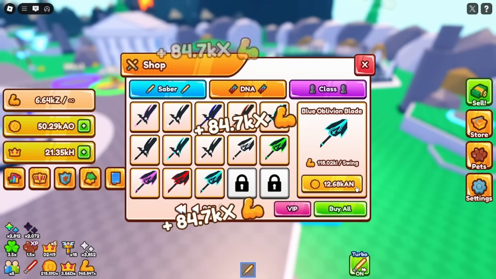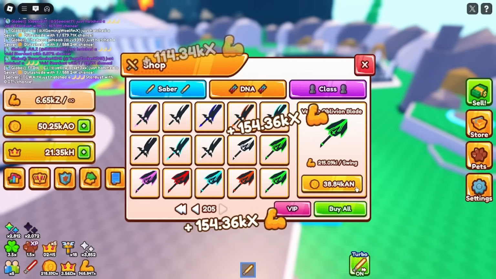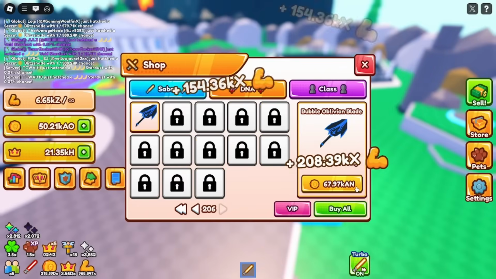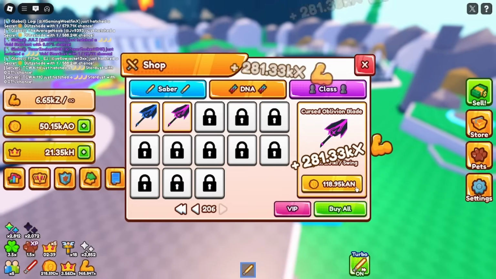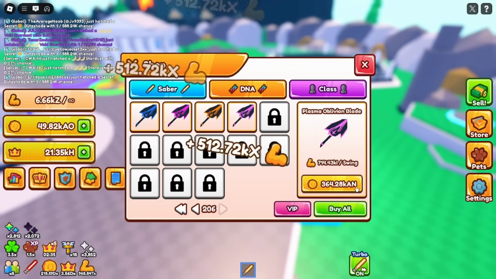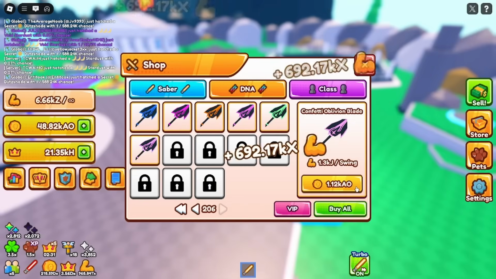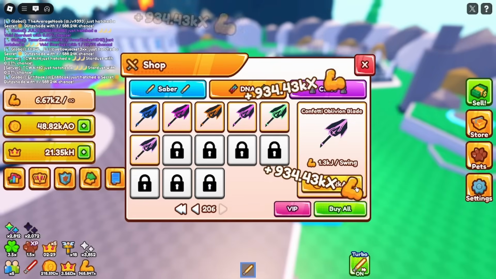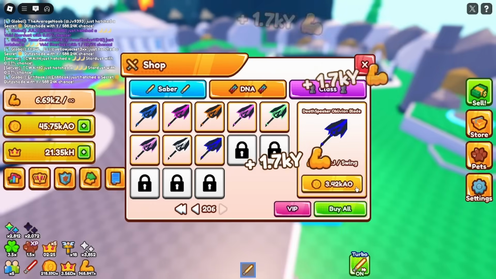7.25, 12.68, 22.19, 38.84, 67.97, 118.95, 208.16, 364.28, 637.49, 1.12 KAO, 1.95 KAO, 3.42,